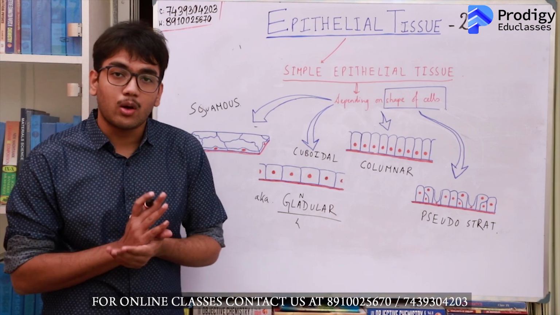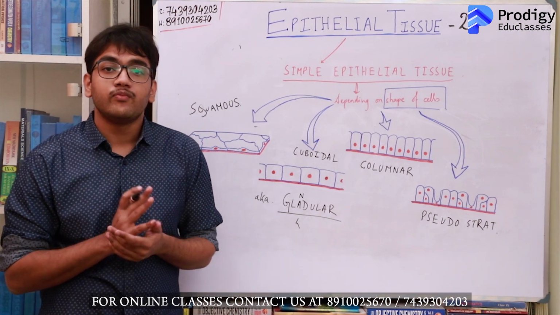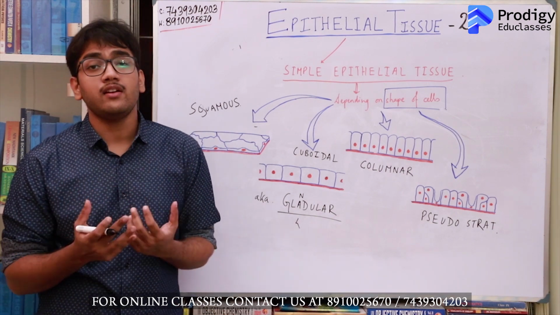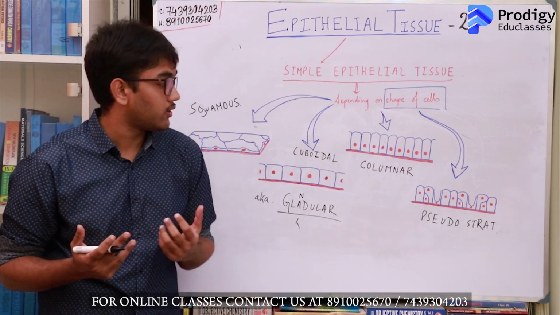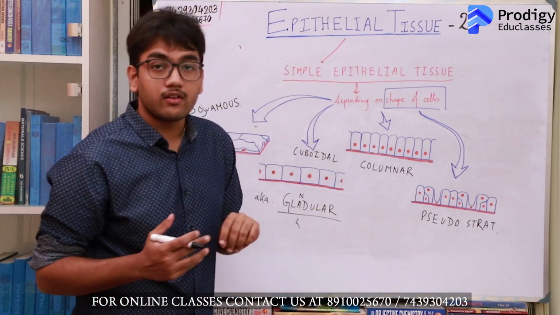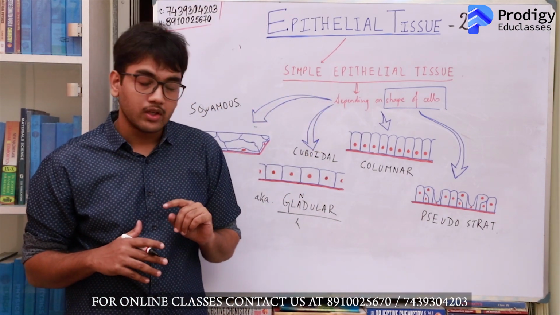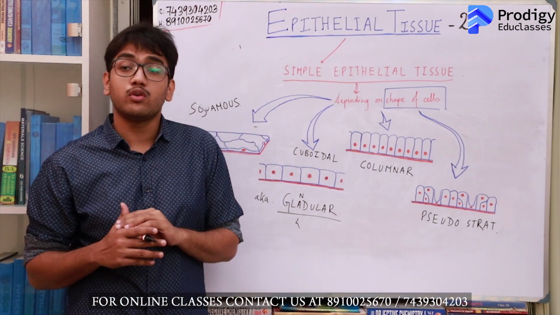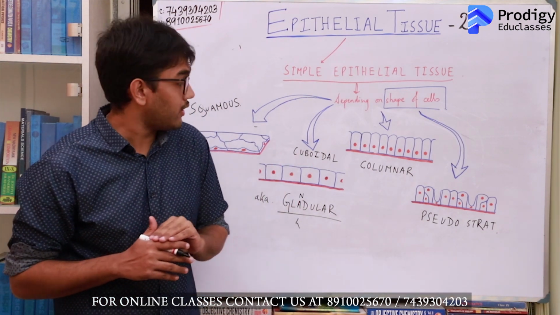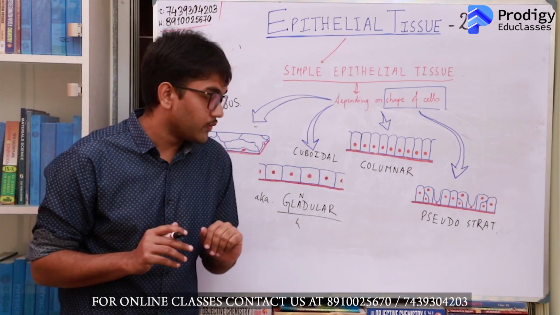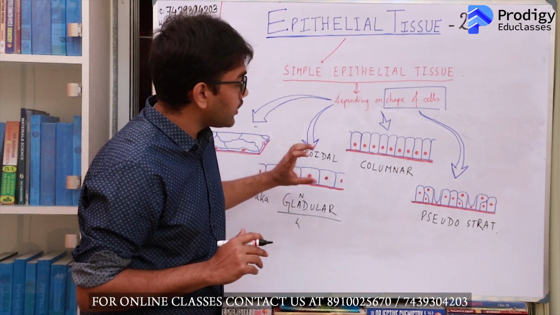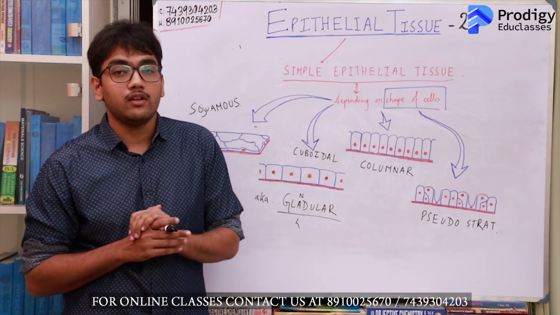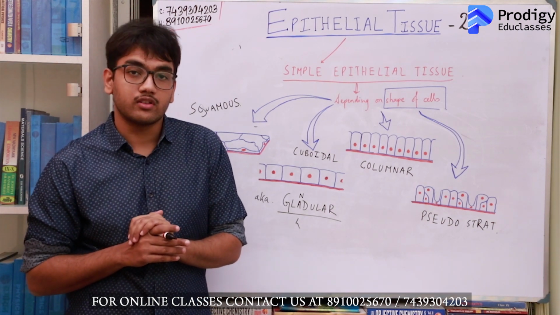If you look at the stomach, if you look at the intestine, these are responsible for secretion of the digestive enzymes and absorption of the various nutrients. So there you will find the presence of columnar epithelial tissue. Now, columnar epithelial tissue and cuboidal epithelial tissue both take part in secretion or excretion. So when you do secretion or excretion, as you know, the Golgi bodies are responsible for the function of secretion.